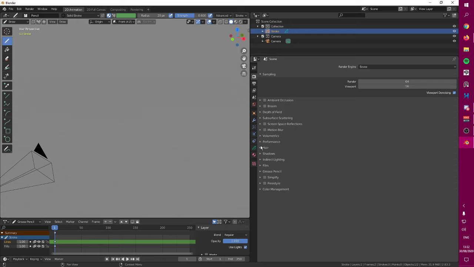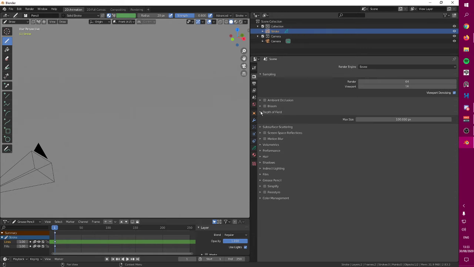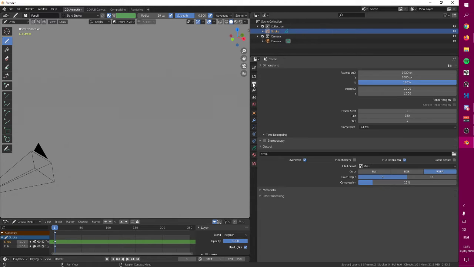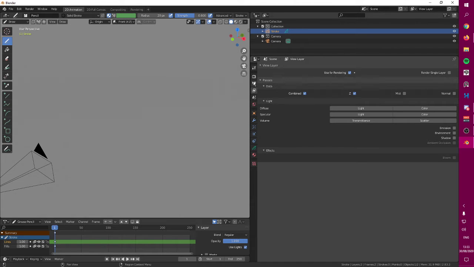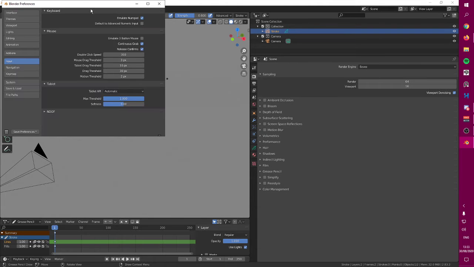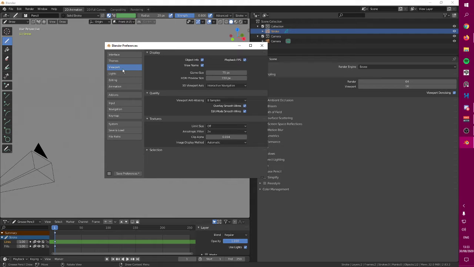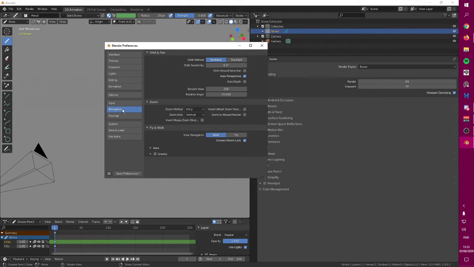I think it's around this one. Film. Oh no, you know what? It's under preferences, I think. So in here, navigation, no.